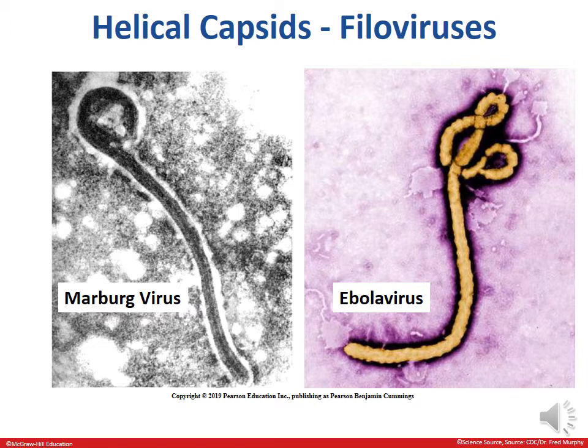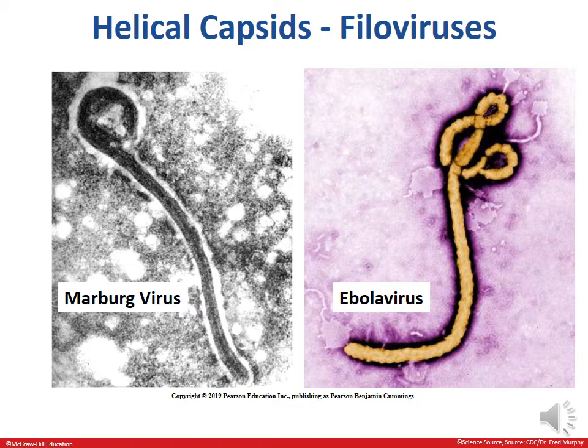Helical capsids include the filoviruses. So, for example, the Ebola virus and the Marburg virus, both of these are filoviruses. We'll talk about these diseases as well when we get farther down in the semester. But one of the most characteristic features is they are, in fact, hollow tubes, but they're flexible. The true helical capsids are not flexible. They will literally break apart into pieces,